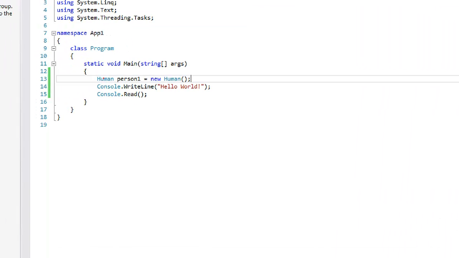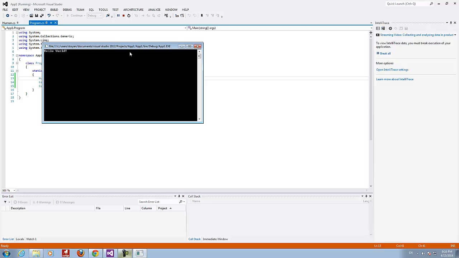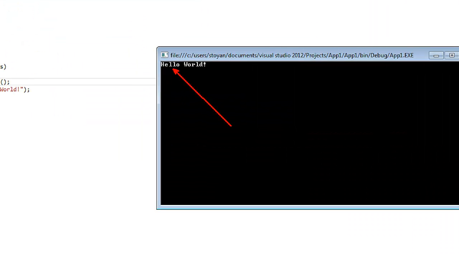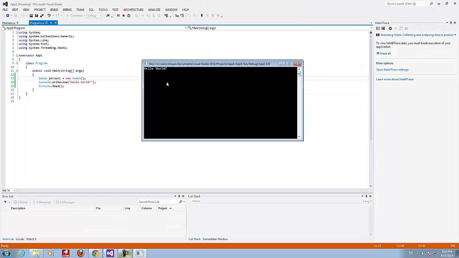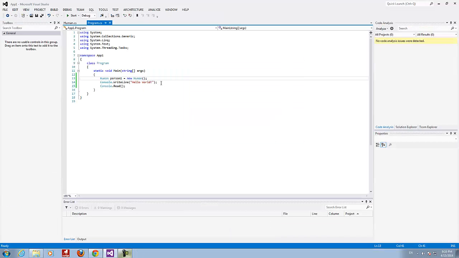So let me show you that. Let me show you that when I run the program, actually we will have this human being. Of course, it is not manifesting its existence by any means. I mean, we cannot see it, we can just imagine. It is in the memory of the computer, but just imagine that we have a newly built creature.